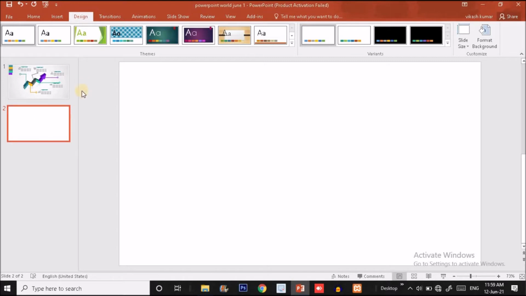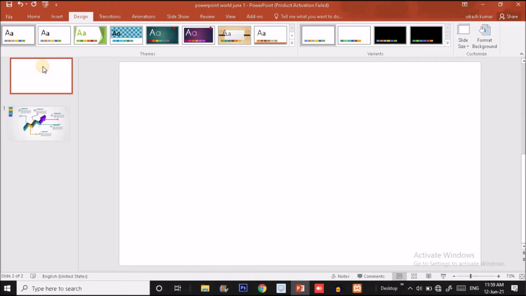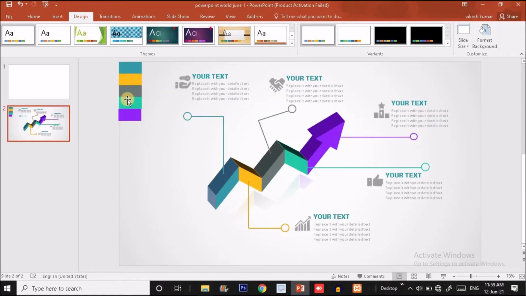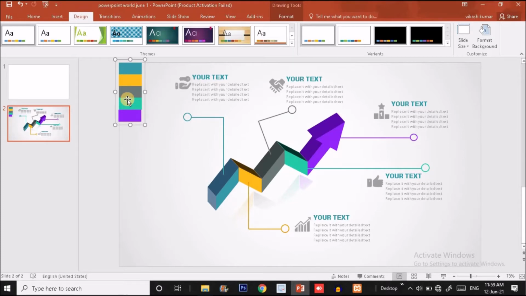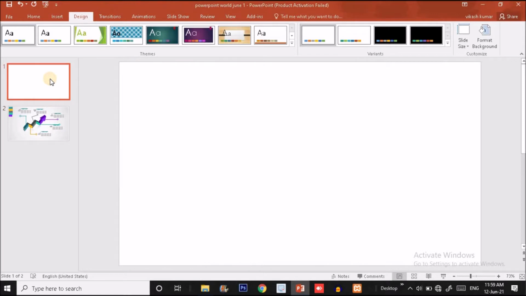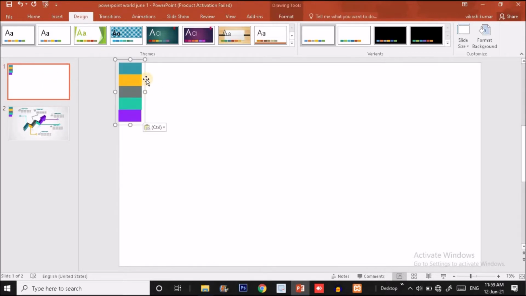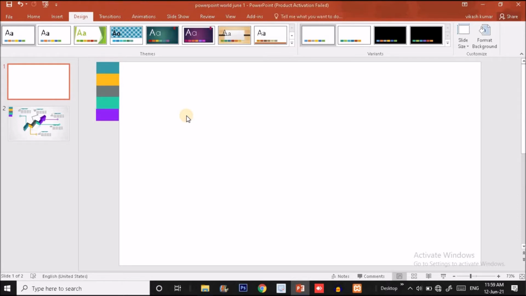Okay, now I have added a blank slide successfully. Now I'm going to create the rest of the shapes. Before doing this, I'm going to copy this color sample from the previous slide so that I can use this color sample on the new slide. So press Ctrl C. I have already collected this color sample from the shapes. So I press Ctrl C and paste it over here by pressing Ctrl V on the keyboard. These are the shortcuts you have to keep in your mind while doing any work.